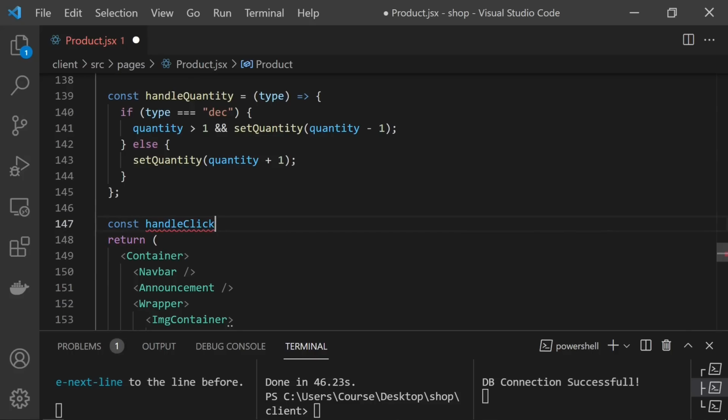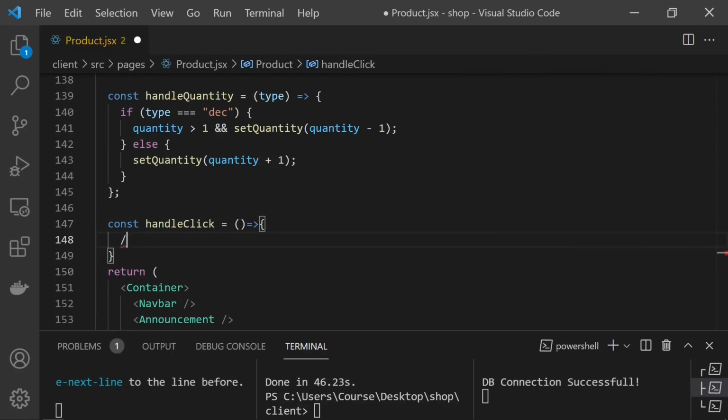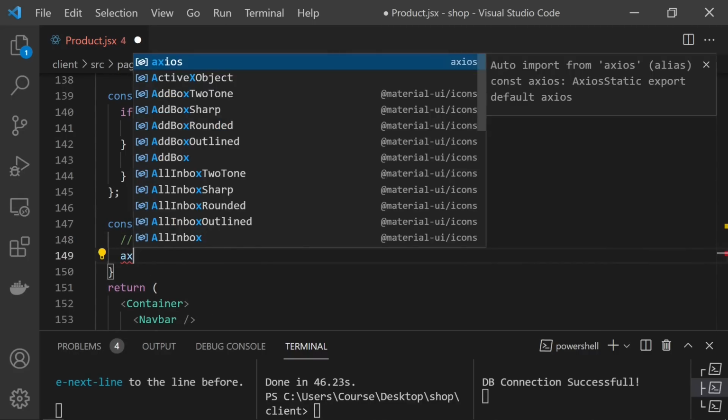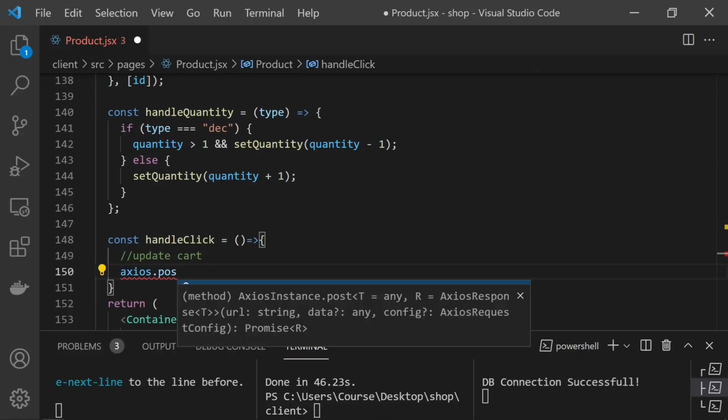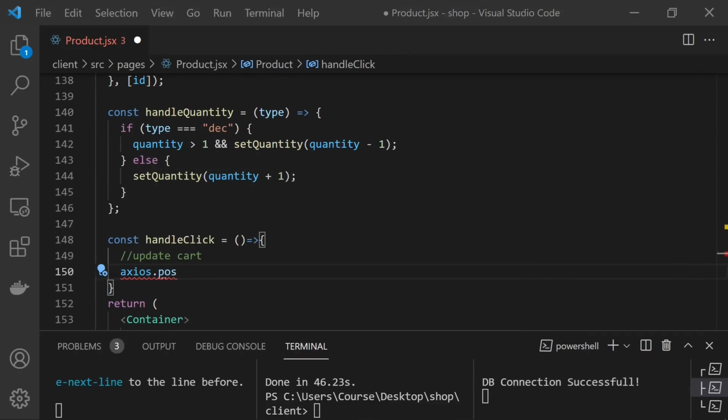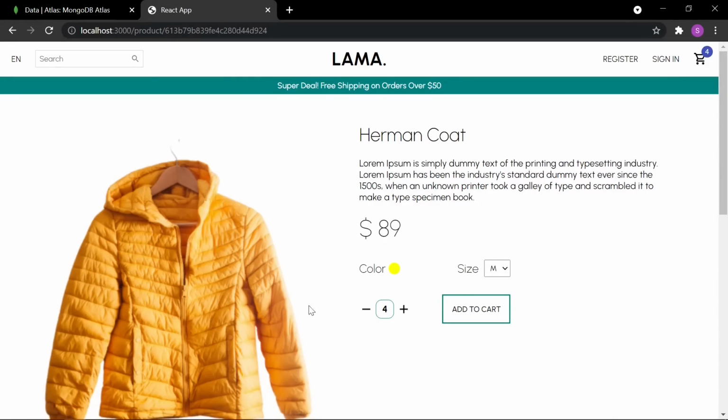Const handleClick, and here update our cart. Of course, we can write here Axios and post method, and we can update our cart or create a new cart. But doing this here is not a good idea, because we are going to be using Redux. Fetching products or lists are not important here. We can fetch them directly, but when it comes to cart, it's really important, because we are updating our cart